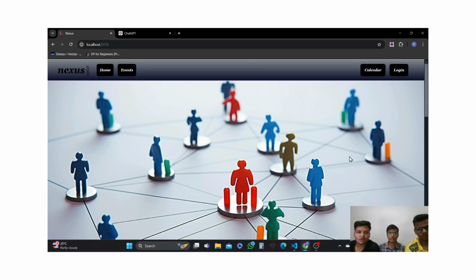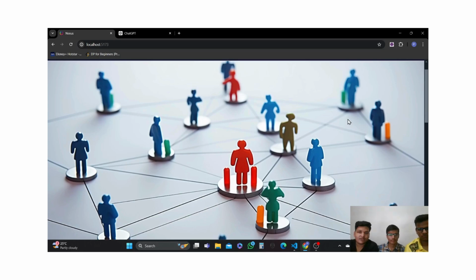So we have created a local community engagement platform on web development using the MERN Stack. We have used MongoDB for database storage, Express for APIs, Node.js for server-side development, and React.js for front-end development. Now we will go one by one through all the steps involved in the development of